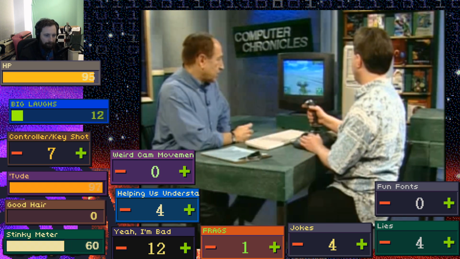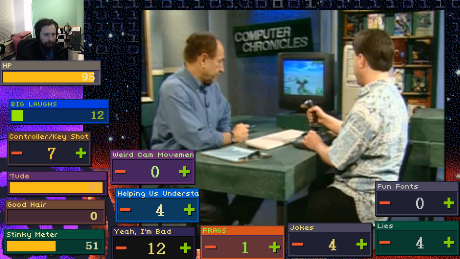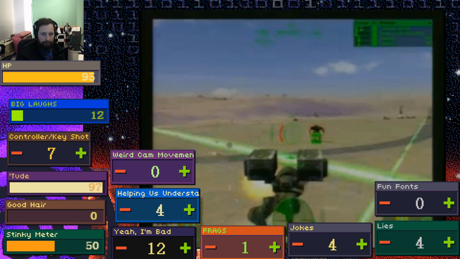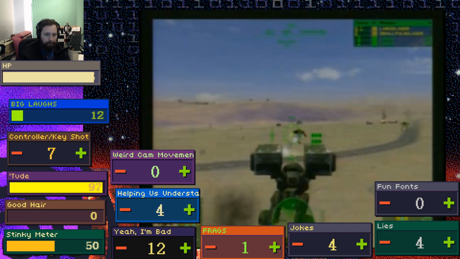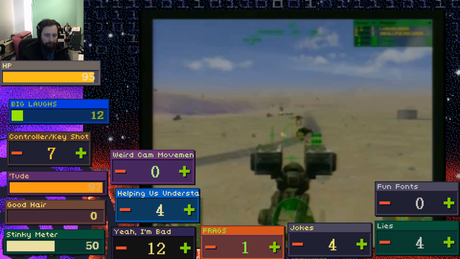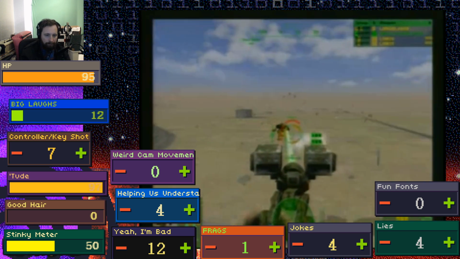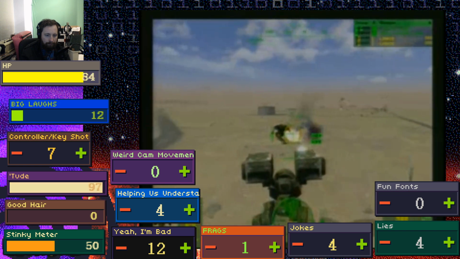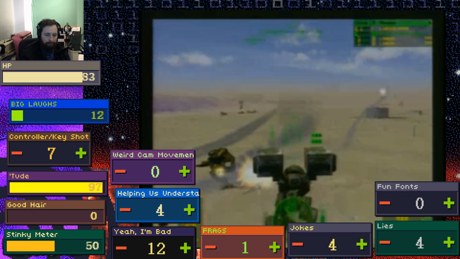So we are out in the desert, somewhere out in the desert, and that character is you. That's me. And what are the pieces of the screen? Just explain what we're seeing here. Okay, well, down there off on the left is my status screen. You'll notice I've already taken some hits. My upper pods there are sort of yellow, whereas only my left leg is green because that's the only place